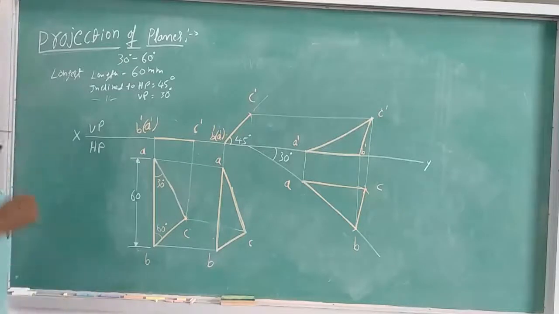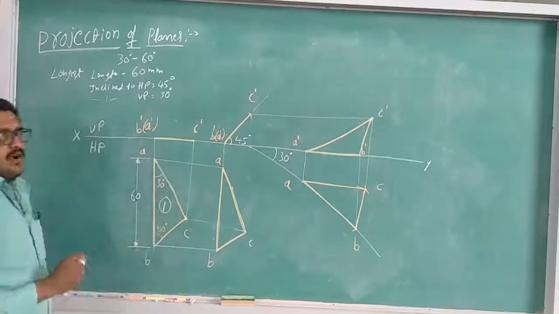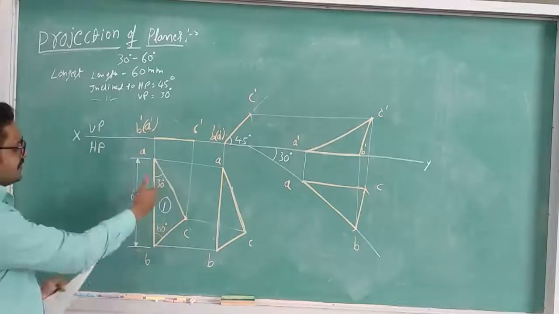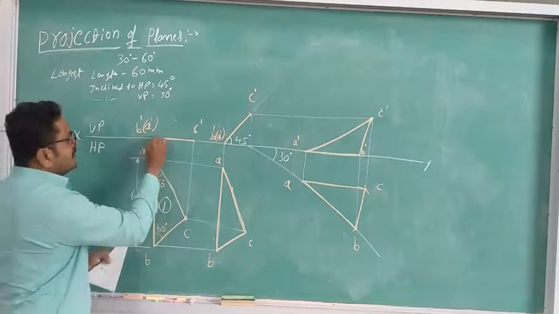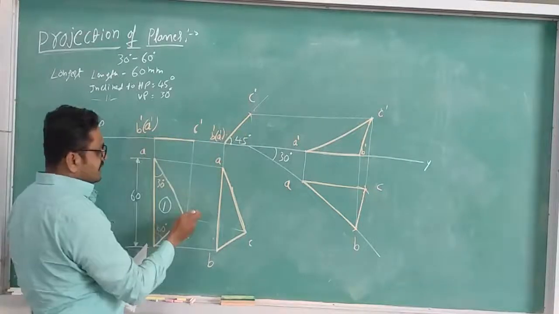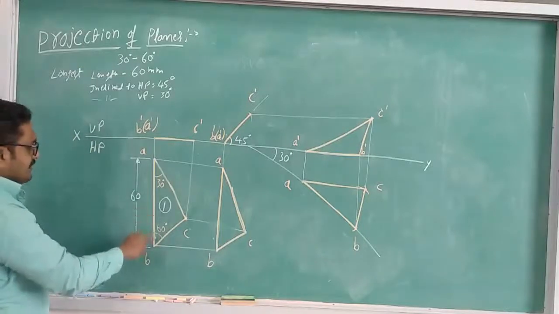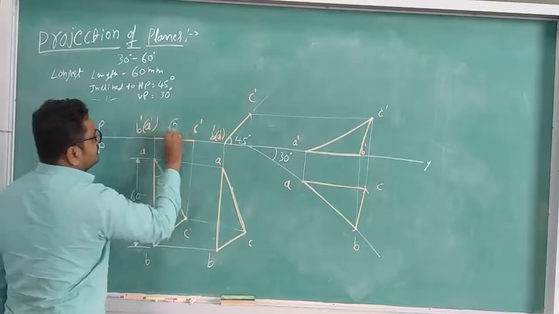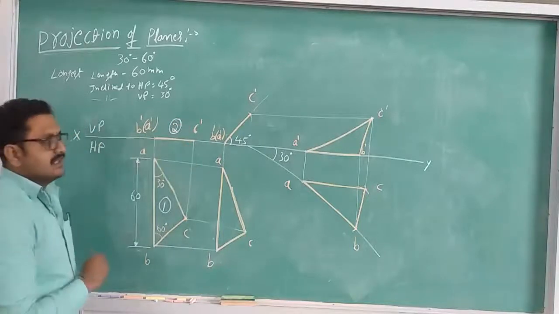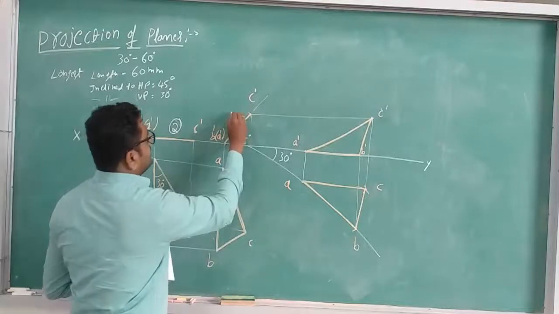Now one by one again we will discuss. The first step, the set square is resting on HP on its longest side. That's why we kept the longest side on the left side. Why we keep the left side is because we will hold the left side in the next step and lift the other side. Then we took the 30 degree, 60 degree set square, and after that we got the front view as a straight line. Then in the next step we made the entire set square 45 degree to HP.